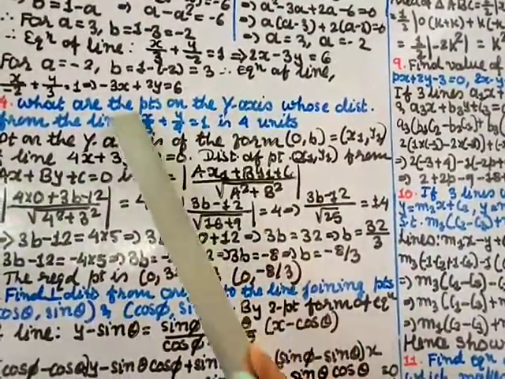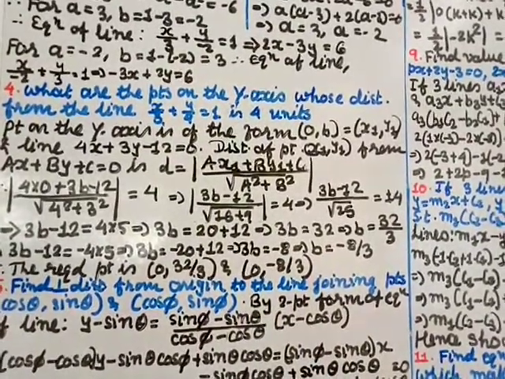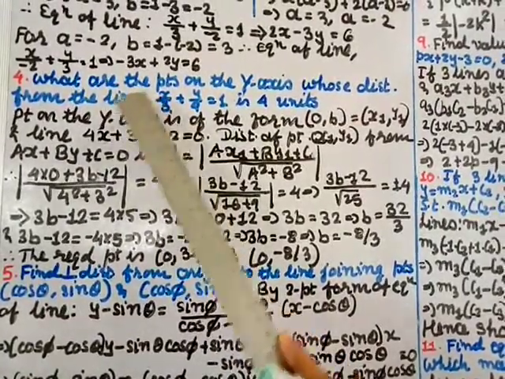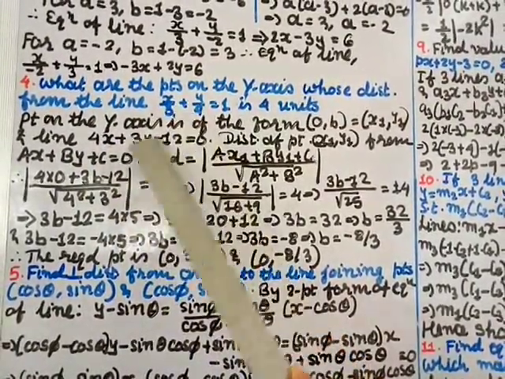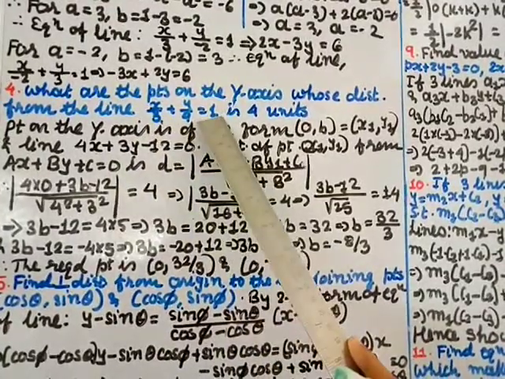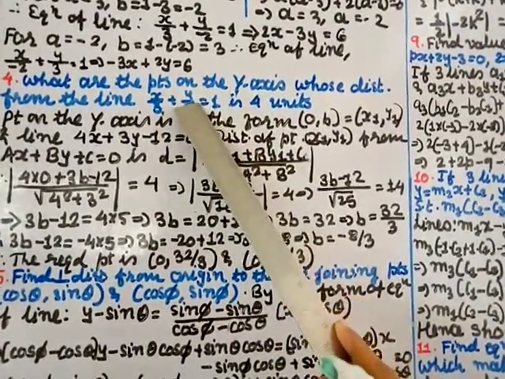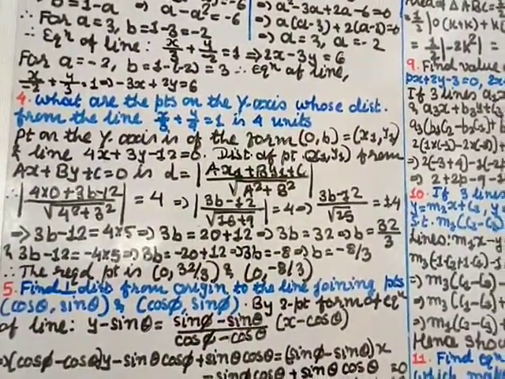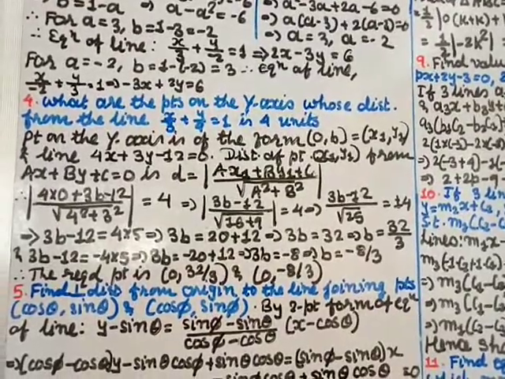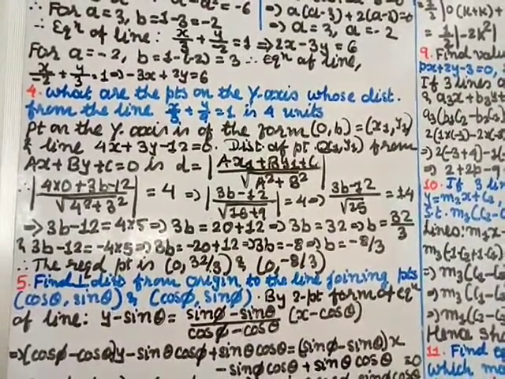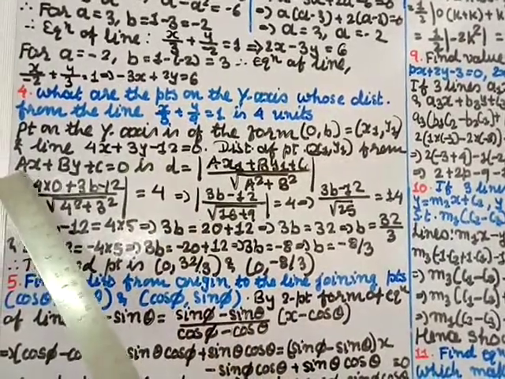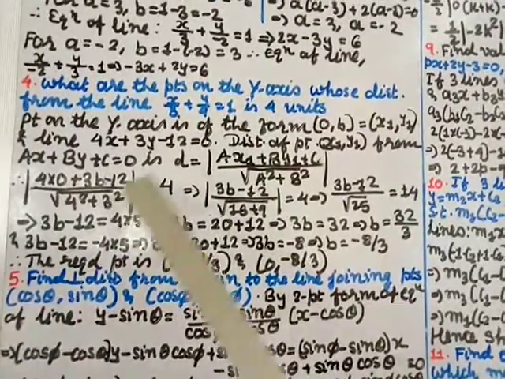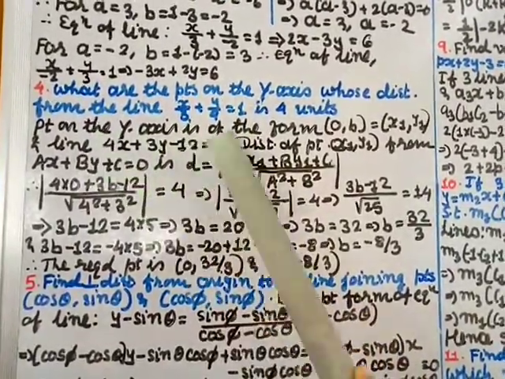And this line I'll just simplify and write in the form of ax plus by plus c equals 0. Okay, so the LCM is 12. So multiply by 4, so 4x, plus here multiply by 3, so 3y. The denominator 12, transfer over here, multiply with 1, so 12. And that 12 you transfer, so it becomes minus 12 equals 0. Because I want to use the formula of distance of a point from a line, for that I need the standard form of the equation of a line. So this form should be like this: ax plus by plus c equals 0. This is the standard form, or you can say general form. So converting this into this form.